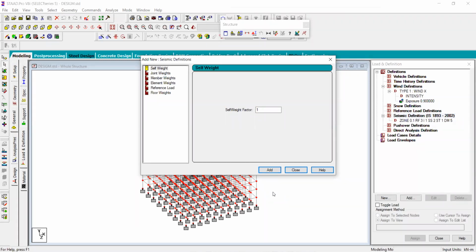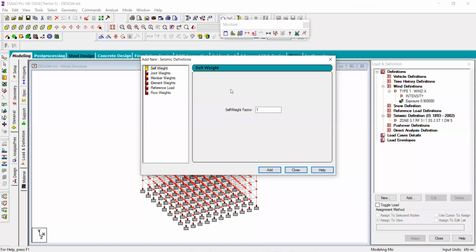But here, what will be the value of the forces? It depends on the characteristics of the building. Characteristics of the building means, you know that the earthquake force is defined in the form of the total weight of the building. You can say that it will be some percentage of the total weight of the building. So to determine the earthquake forces, you will give the total weight of the building. Also, you have to give the live load applied on the building.